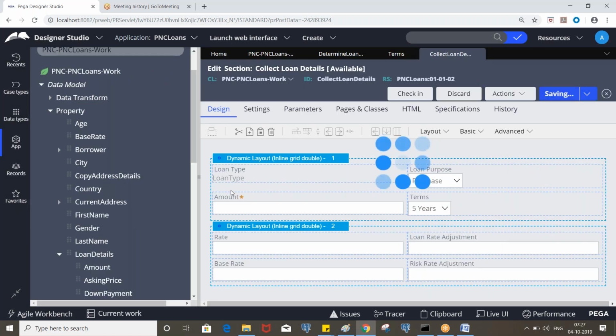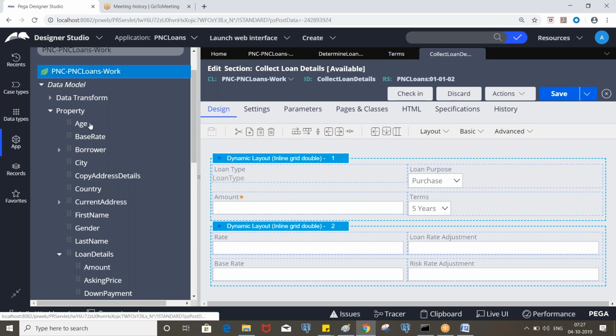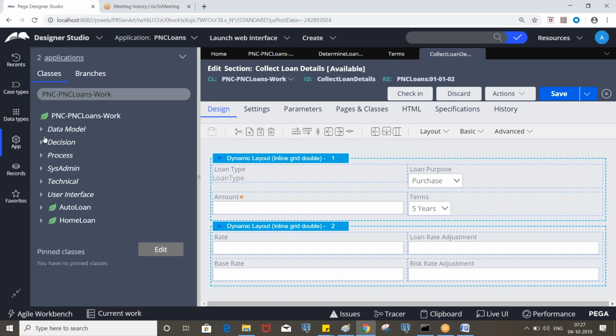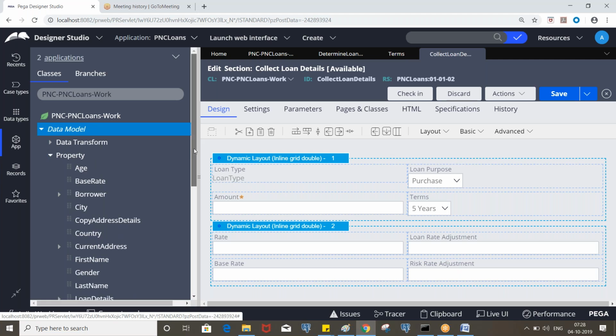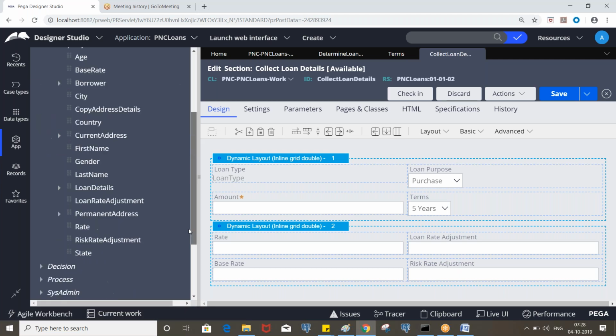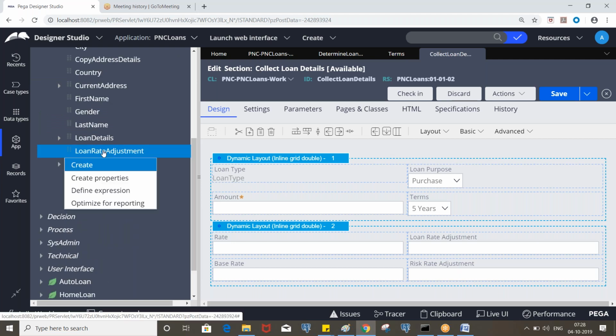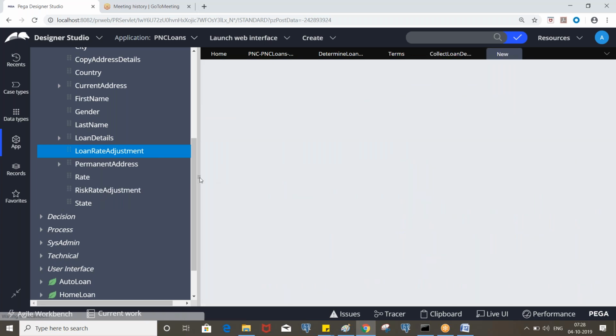So how can we create a declare expression? Either you can create it from the decision category or directly go to the target property and create the expression. So right click on the loan rate adjustment and define expression.